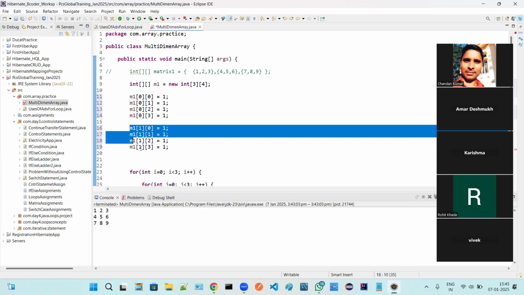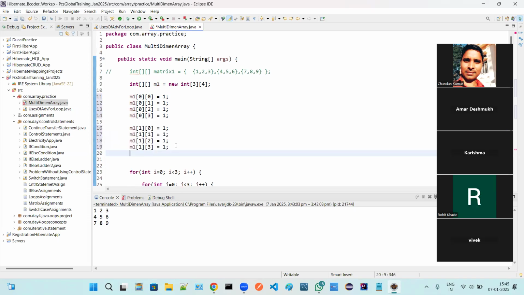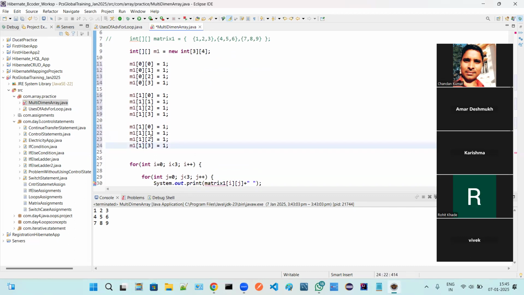Now we'll do the same thing for the first row, second row, and third row. So 3 rows, 4 columns. Now over here 2 0, 2 1, 2 2, 2 3. That's it.